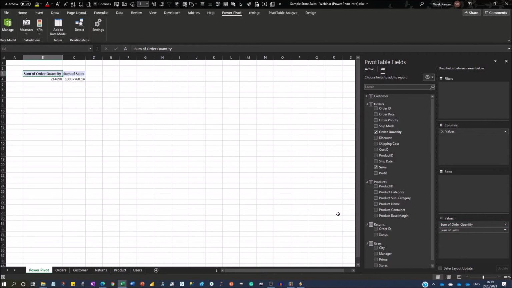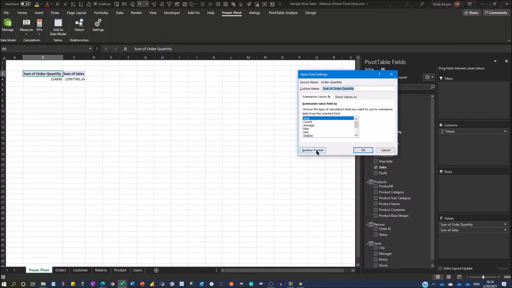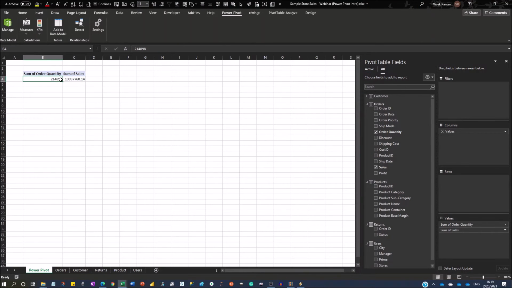So look at the formatting. There are two ways of formatting. One is the traditional way. You can go to value field settings and do a number format from there, or we can do it from the home tab, but that's not recommended. What I would recommend, whenever we are working with Power Pivots,